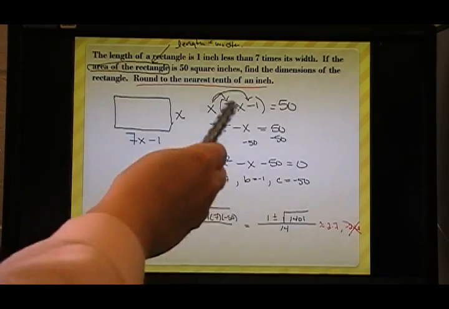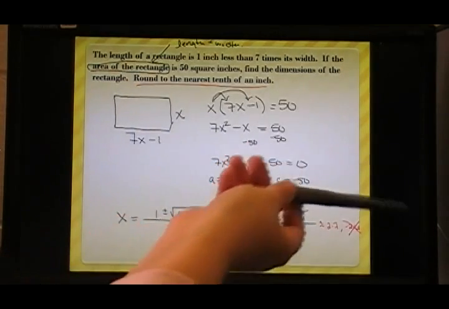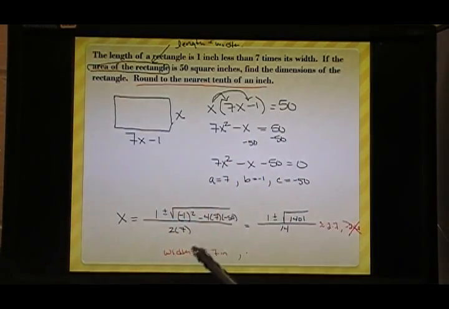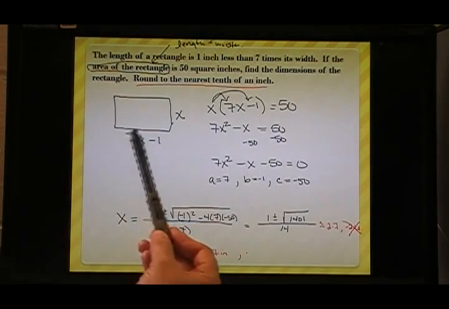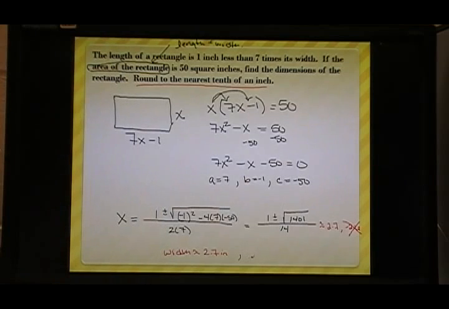So now, going back, so we found that the width is approximately 2.7 inches. And now I'm going to go back and see what I was asked to find. It said find the dimensions. So I'm almost there. I found the width. Now I just need to find the length. And we know the length is 7 times the width minus 1. So our length is going to be approximately 7 times 2.7 minus 1. And 7 times 2.7 minus 1, we get approximately